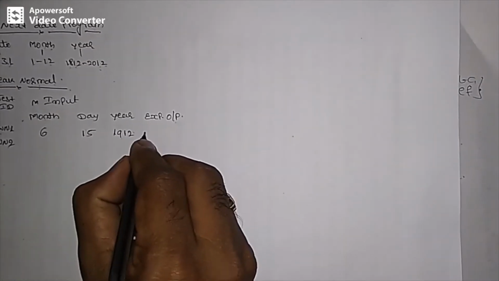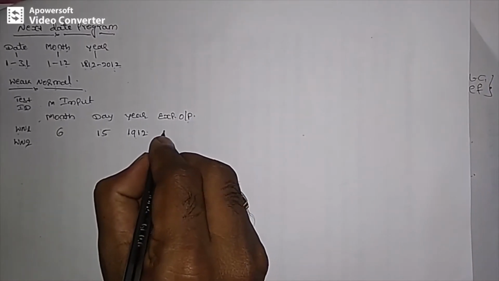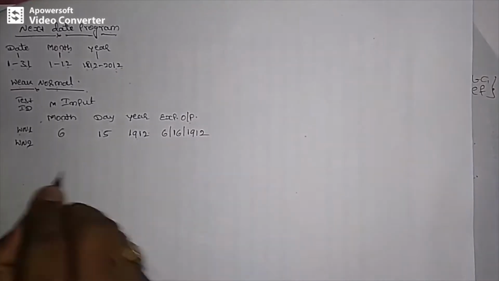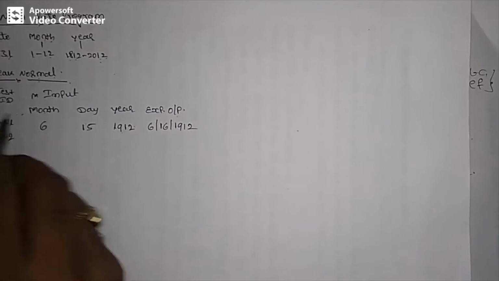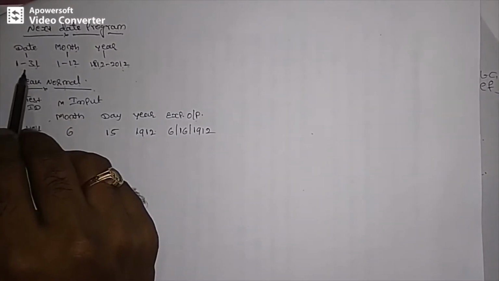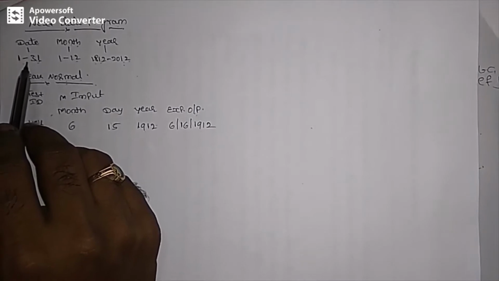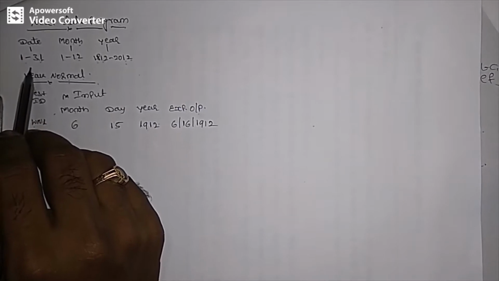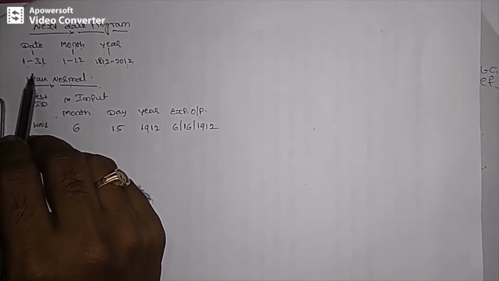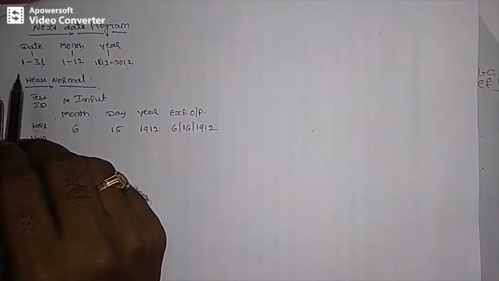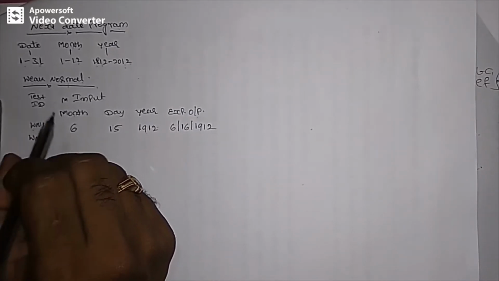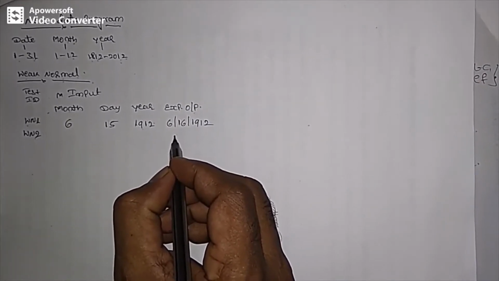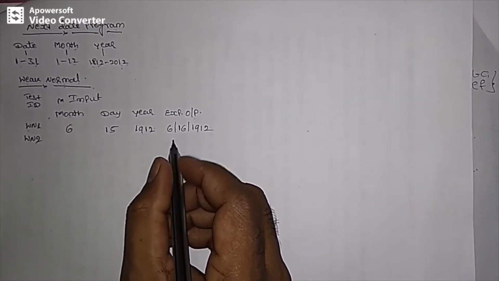Then what will be my expected output? The next day will be the expected output result. I am expecting an output like 6, 16, 1912. Now some of the months have 30 days, and especially the month of February has only 28 and 29 days. In that case, if you specify valid inputs, we do not get the correct output result that we are expecting. Then the second possibility of outcome is an invalid input variable. That is the second possibility of output result we can expect.